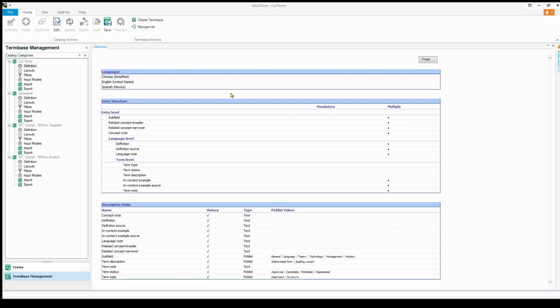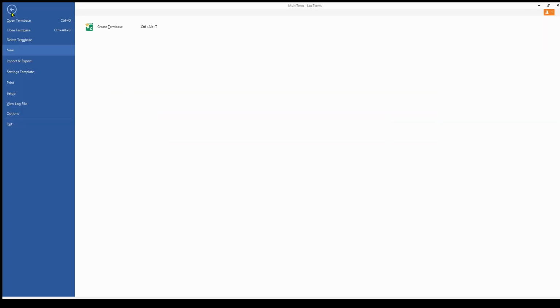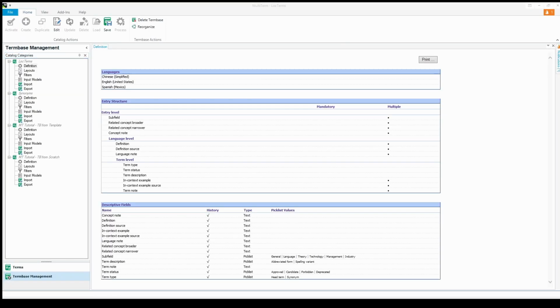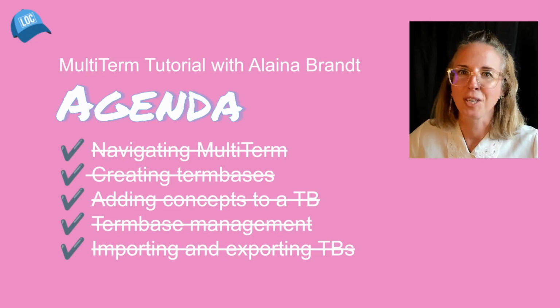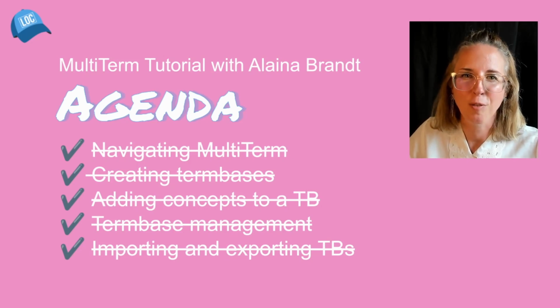I'd like to point out that if you'd like to export term bases from MultiTerm or import term bases into MultiTerm in XML file format, you can do so by clicking File, going to Import and Export, and then by selecting whichever of these two options make the most sense for you, export term base or import into term base. However, as I said, you can only do so in XML file format,